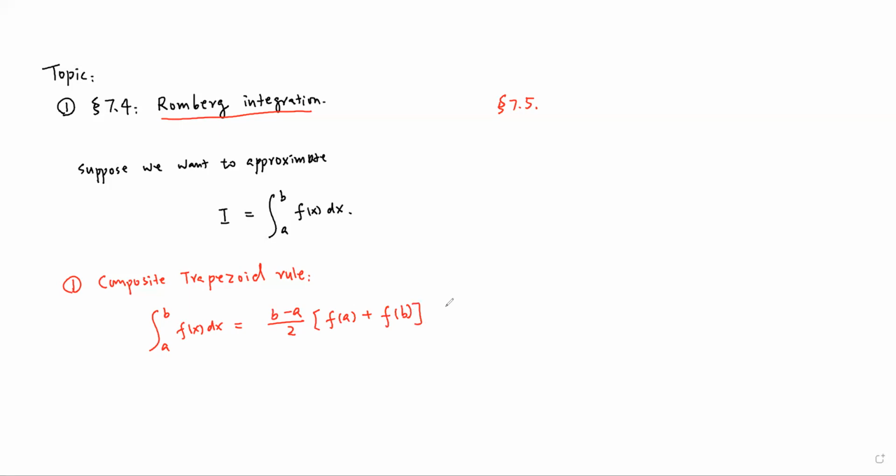Then the error is negative 1 over 12 times the second derivative at some point psi, where psi is between a and b. Because the error is proportional to (b minus a) to the third, if b minus a is large, then the error is large. So in this case, we usually